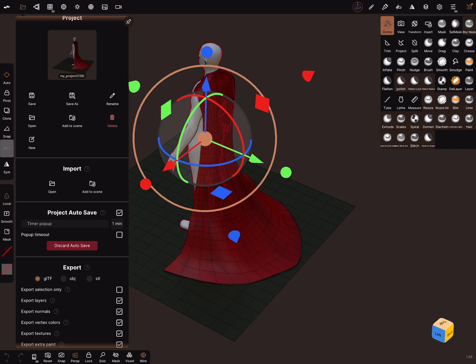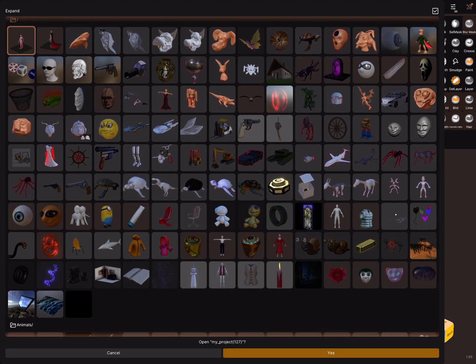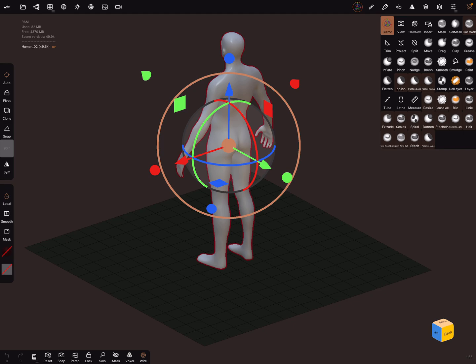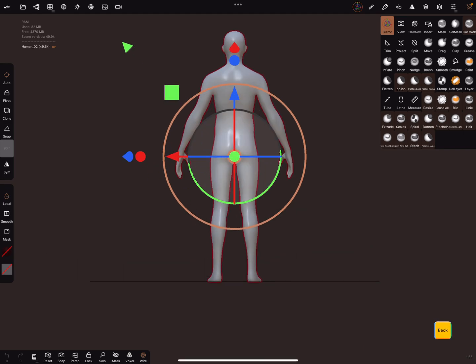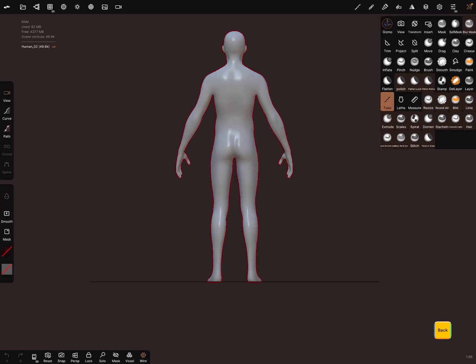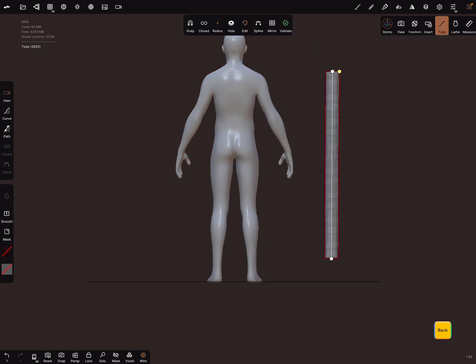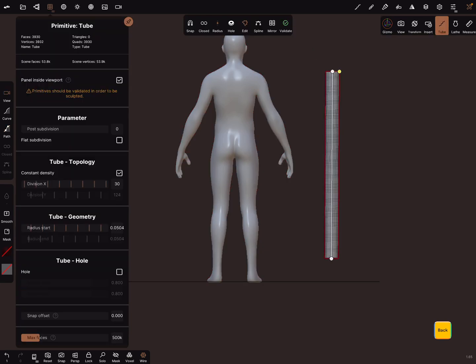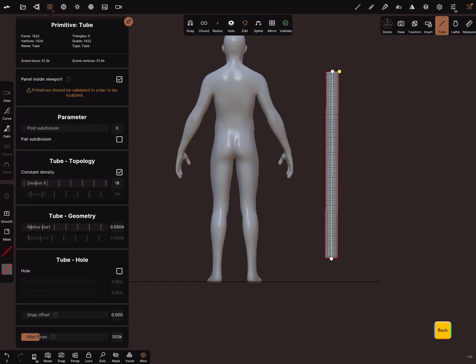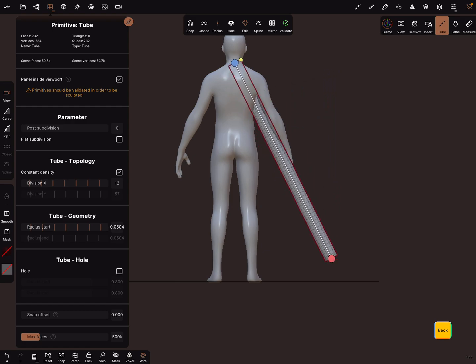Let's open this scene and let's go in the back view. And I think the perfect tool for this is a tube tool. Use the pass function and draw only a straight line and green dot. In the topology menu, you can adjust it here a little bit. Use only a few divisions